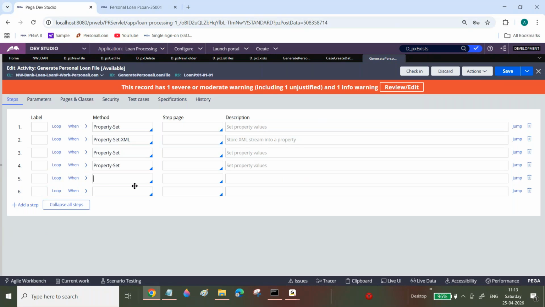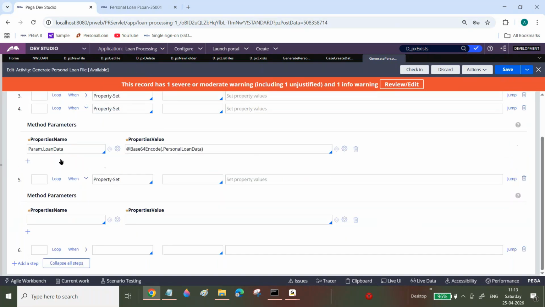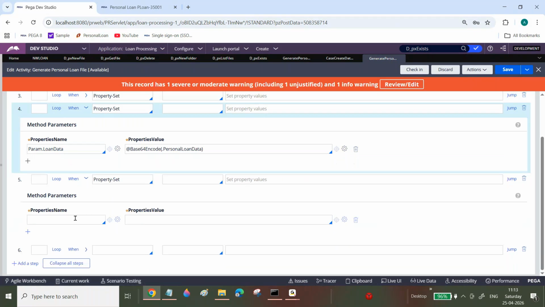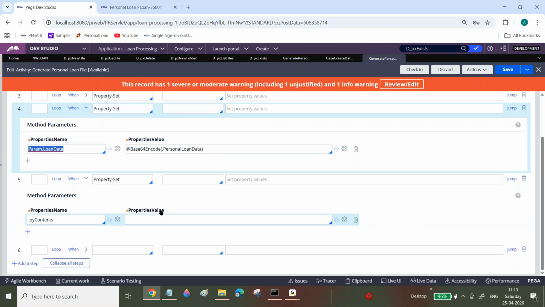What we will do is, what is your database? Now again you can set one more property set method. These are the constant common steps, and this is the one step. Next one is even the same step itself you can include, or else you can use one more step, or else here itself you can include. Just for understanding purpose, now I'm updating your entire content py contents. Now your data is available, you are converting it into base 64 encoding, and then the data you are passing here. After that, now what we will do,